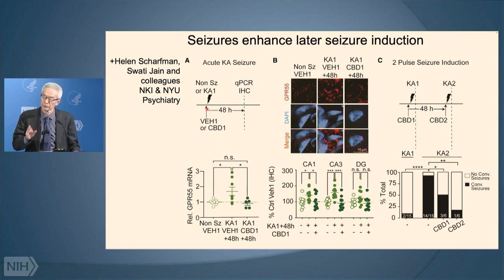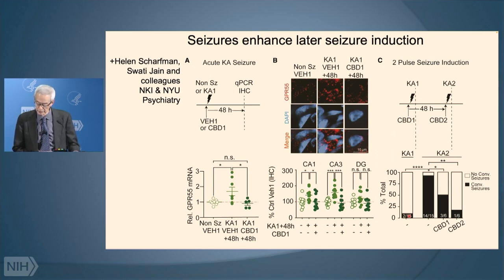So 48 hours after a seizure, there's a biochemical trail, making the slice more susceptible to having another seizure because there's more GPR55 present. And this was true, once again, in the CA1 and CA3 regions. In both cases, there was a clear elevation in GPR55. Now, if it's the case that one seizure leaves a trail behind and leaves a predisposition for a second seizure, we should be able to come in with a second pulse of kainate and then look to see whether that produces a higher incidence of seizures.